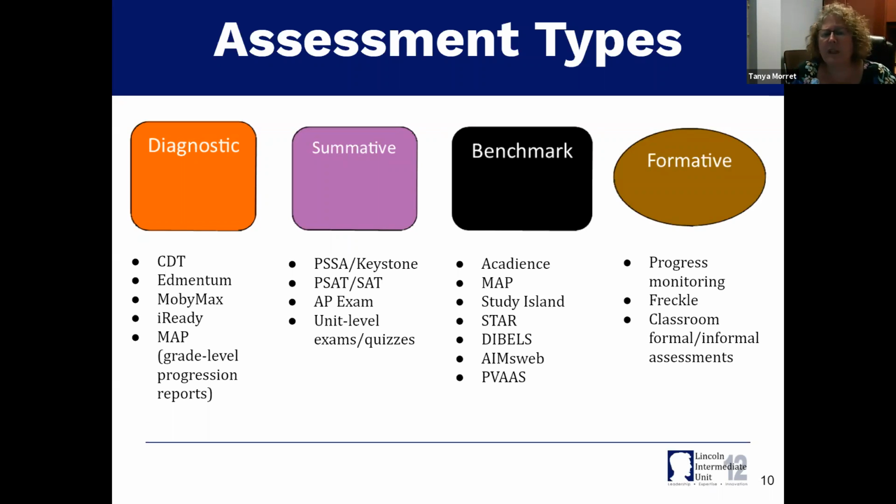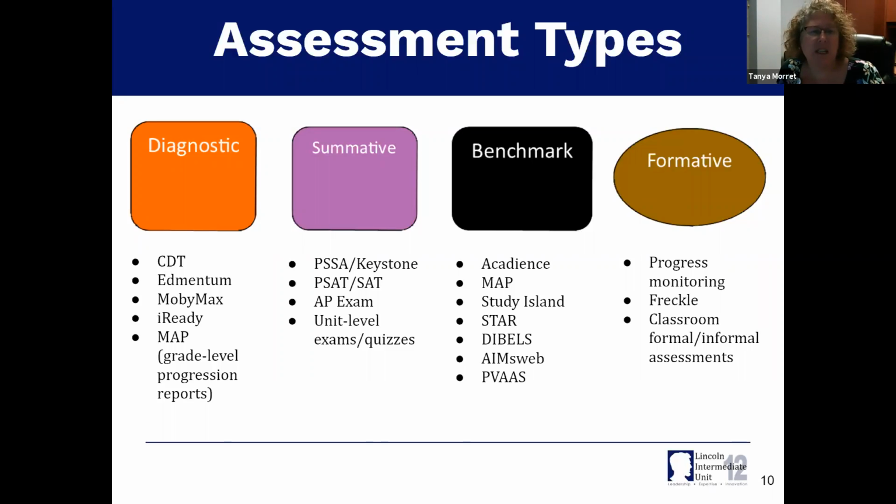Benchmark, when we left on March 13th, right around there, some of you were able to get your third benchmark in and some weren't. So you may have been using benchmark data from January. We probably, at this particular time, have the most formative, and that really tells us where students were functioning last spring. But it's going to take us looking at all of these to try and figure out groups of students